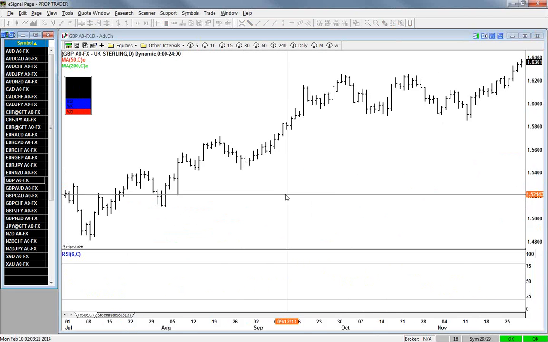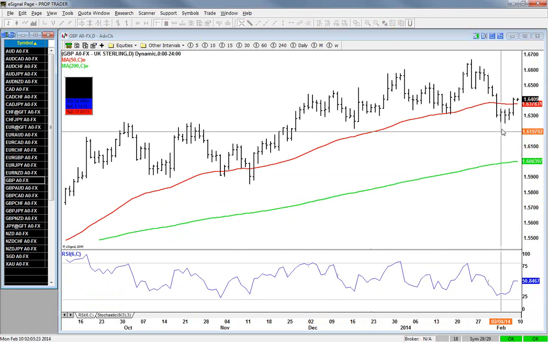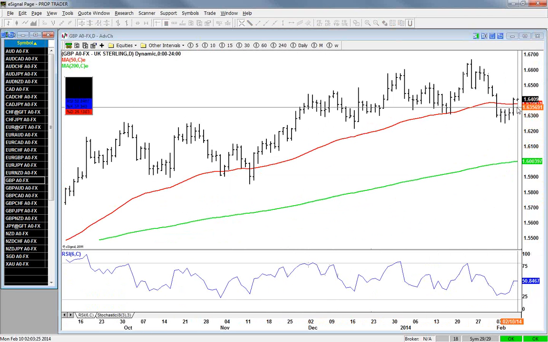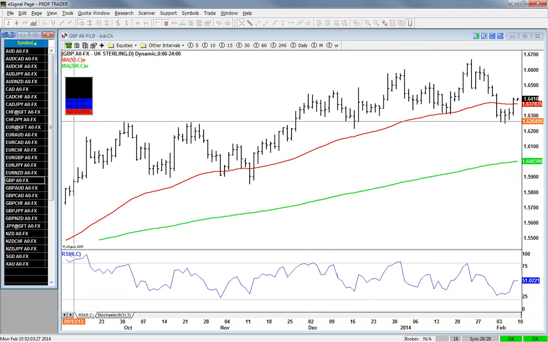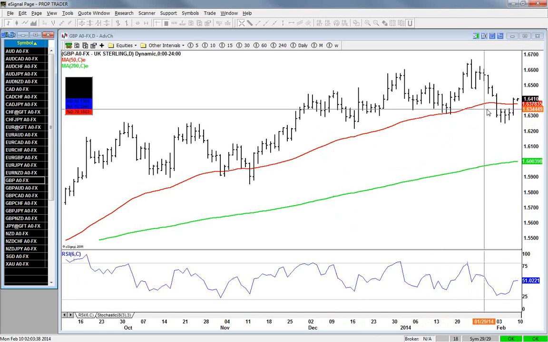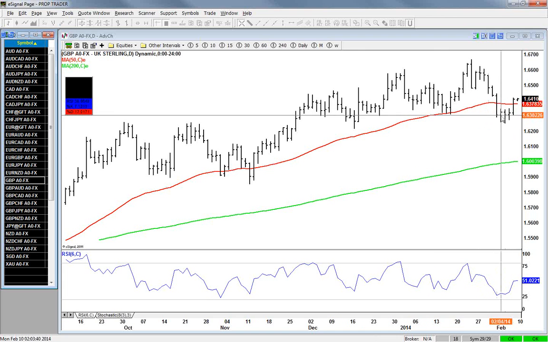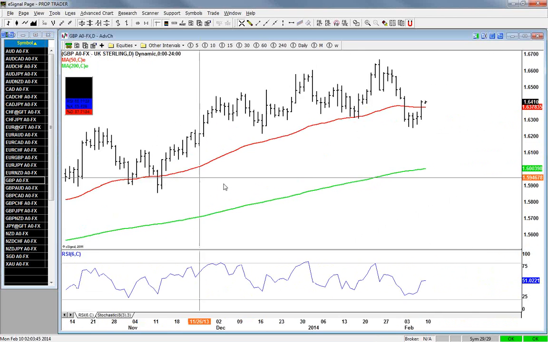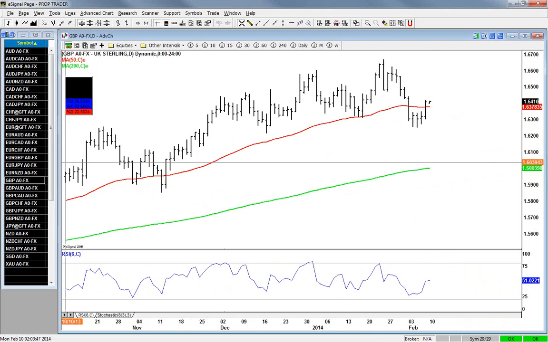rather than trying to front run entries on something like the pound here. Front run entries, I think, are pretty dangerous. They can work, but you really need to have that strong setup on the daily for that to work for us, and this wasn't the strongest kind of setup on the daily. Of course here might have been, but here no. Okay,